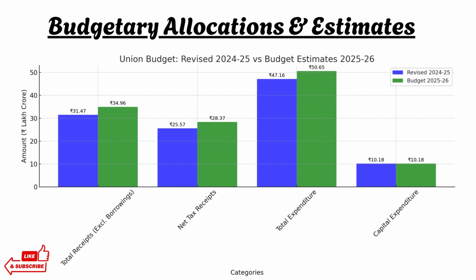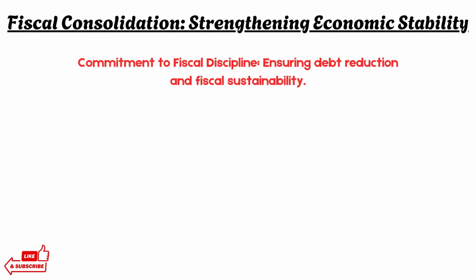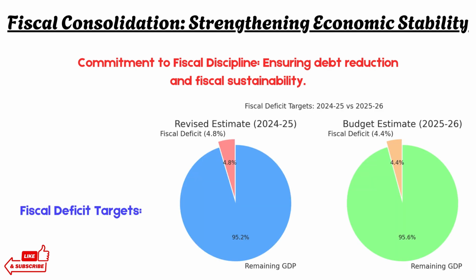Moving next दोस्तों, हम बात करने वाले हैं fiscal consolidation की, जिसका सीधा मतलब है strengthening India's economic stability through controlled borrowing and responsible spending. लेकिन दोस्तों, मैं आपको boring tables या reports नहीं दिखाऊंगा. Let's understand this using a simple pie graph. सबसे पहले, ये जान लें कि fiscal deficit का मतलब है how much the government spends beyond its revenue. The target here is to reduce this gap and ensure long-term growth without burdening future generations with debt.